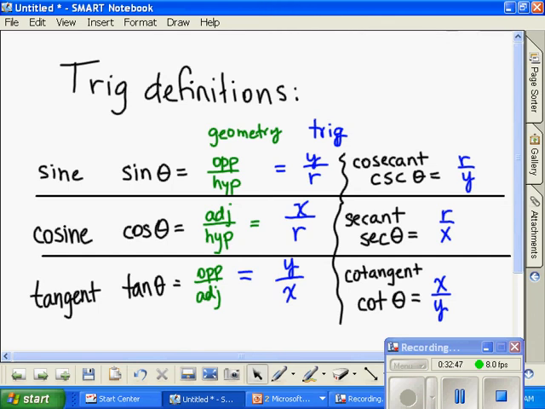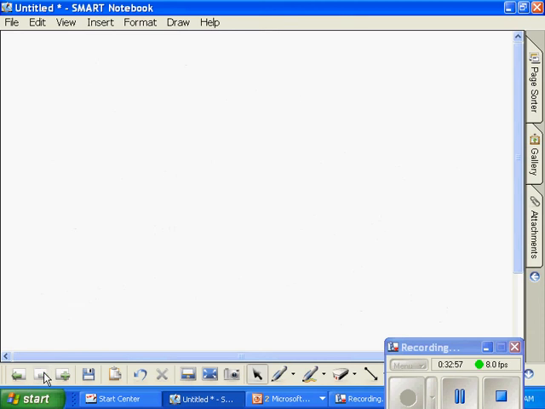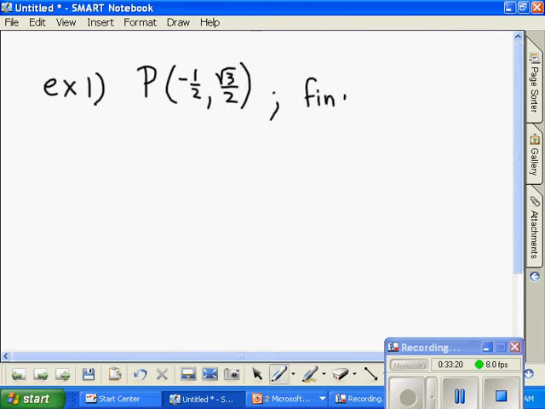So the idea is to combine these two things together, to take our unit circle that we had before and somehow make that work with this. Here's what's going to happen. I'm going to give you an ordered pair, and you are going to give me the 6 trig values. If I tell you that point P is -1/2, comma, √3 over 2, and I want you to find the 6 trig values,